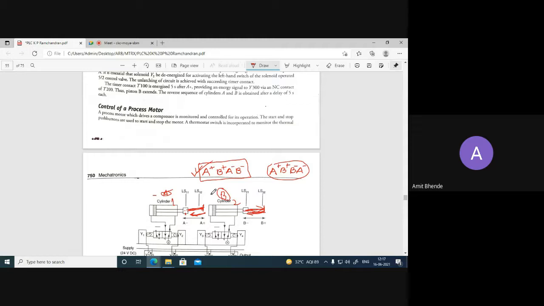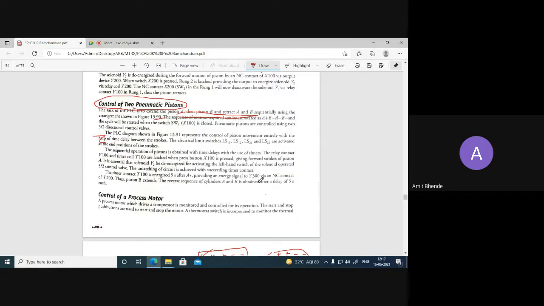So that is the problem associated with this application. Okay. So here we have seen that the sequence of motion can be annotated as A plus, B plus, A minus, B minus. So this we have already written.